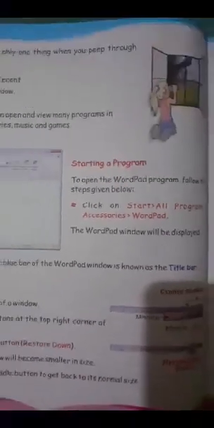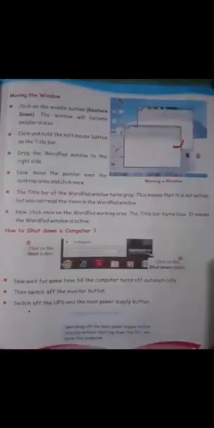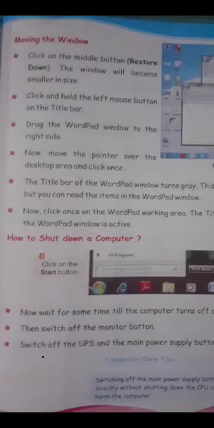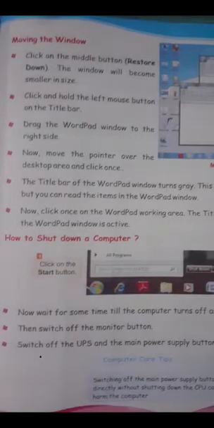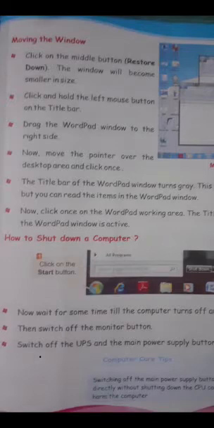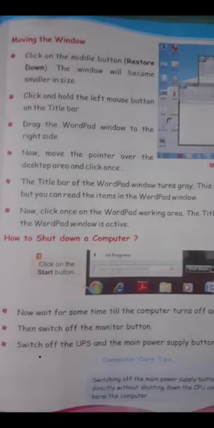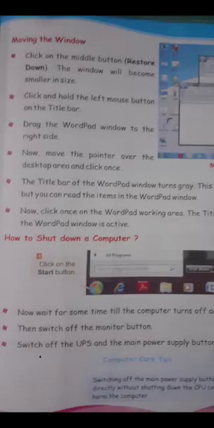Now, moving the window. Click on the middle button. The window will become smaller in size. Click and hold the left mouse button on the title bar. Drag the WordPad window to the right side.